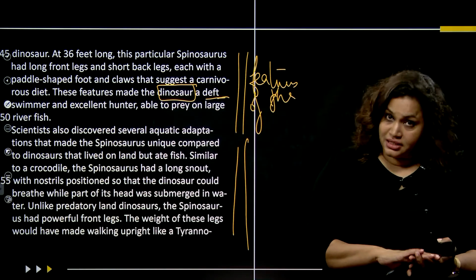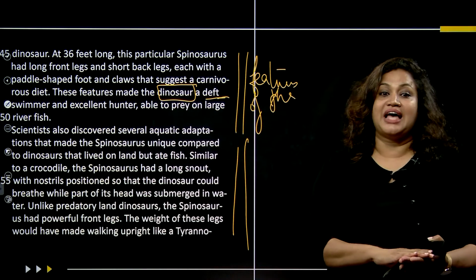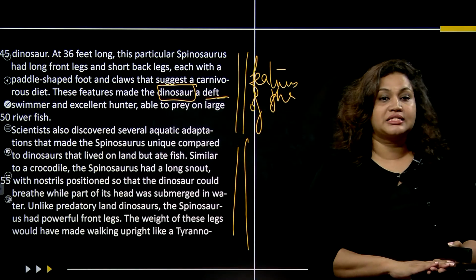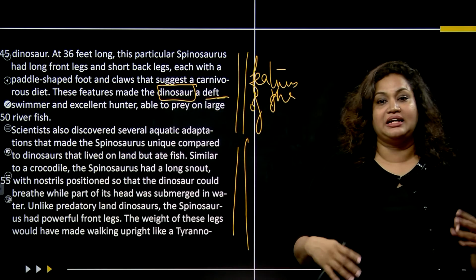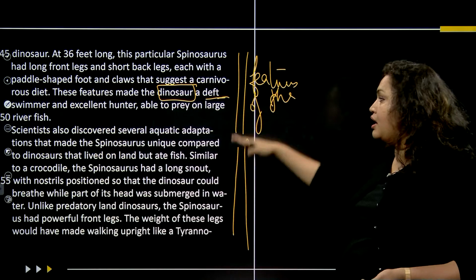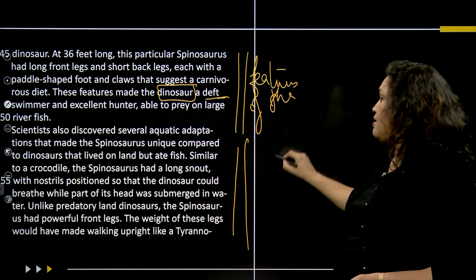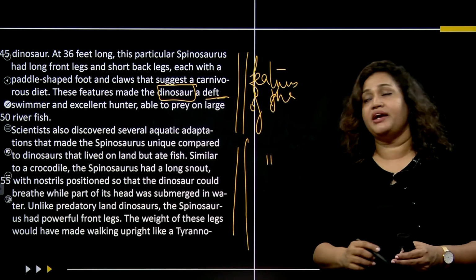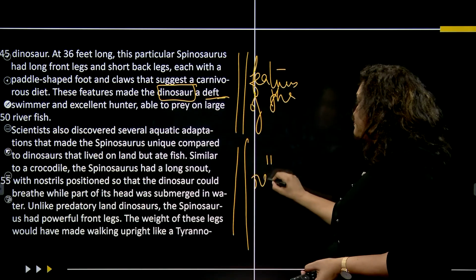Unlike predatory land dinosaurs, the Spinosaurus had powerful front legs. The weight of these legs would have made walking upright like a Tyrannosaurus difficult. So we are going to talk about this now. This is again the features of the dinosaur that we are talking about and how it resembles